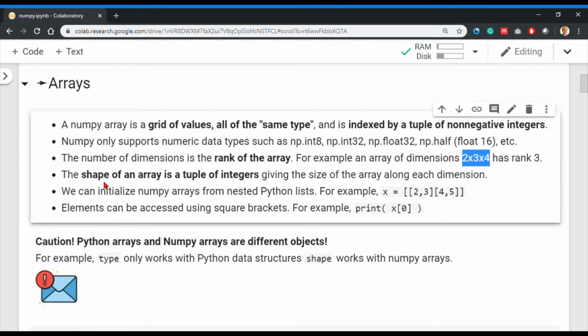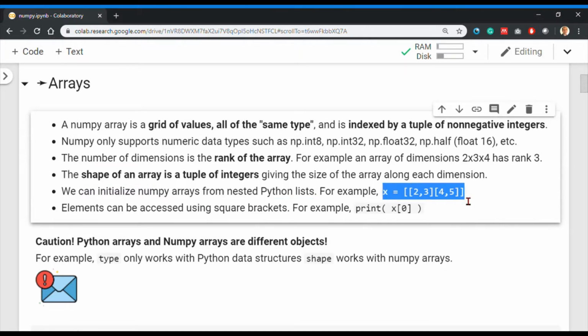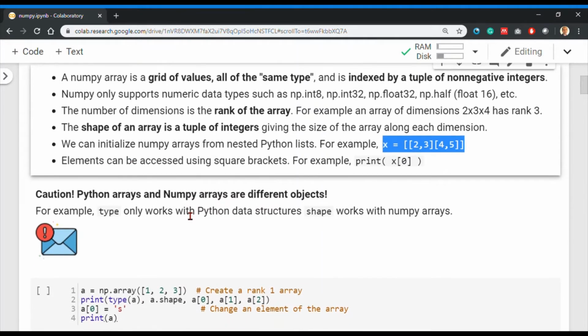of 3. The shape of an array is a tuple of integers. So we say that the shape of an array is a tuple of integers that gives the size along each dimension. For example, the shape of this array is 2, 3, and 4. We can also create initialized NumPy arrays from nested Python lists. Say, for example, here is a Python 2-dimensional array, and we can use this 2-dimensional array to initialize or create a NumPy array. And elements can be accessed using square brackets, just like in almost every other programming